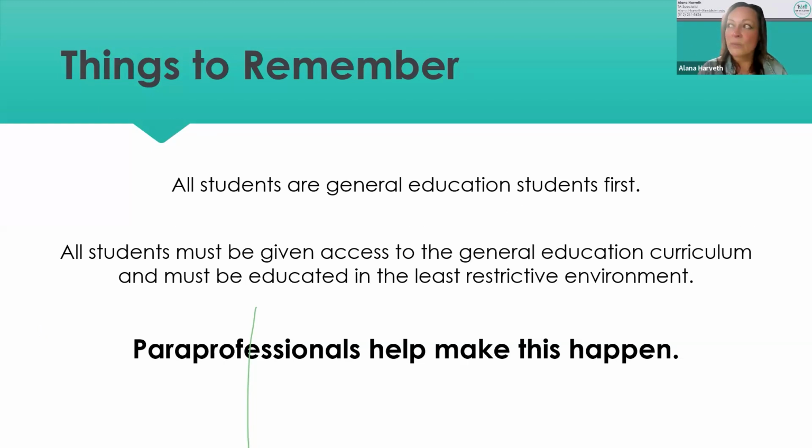And if they cannot, then we ask, what if we give them some supports or resources in that general education classroom? Can they make it there then? And if they can't, then that's when we pull them out to maybe a resource class to deliver some instruction. And if they still can't make it there, then we would have to move further on. But we really try to start with that gen ed setting first. What can they do? And then we give them those supports. And if they can't make it in that gen ed setting, then we take them out of the classroom a little bit more, and they receive more special education services based on their IEP.